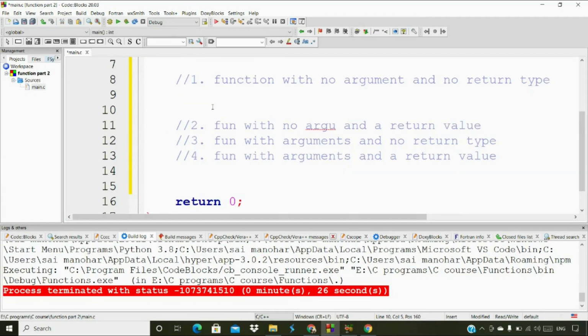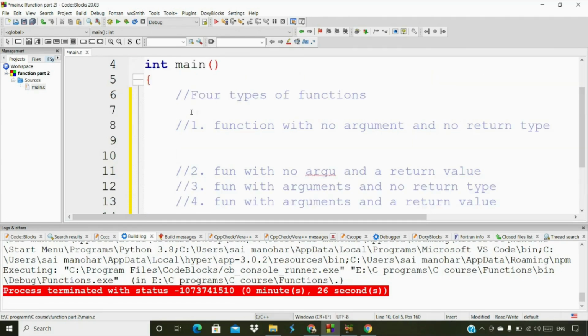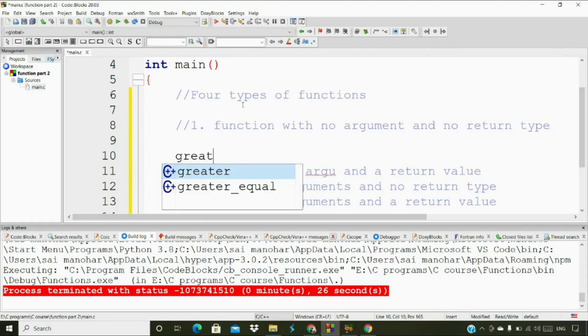Inside the main function we're going to work on a function with no arguments and no return type. Let's have an example. What exactly does this particular function mean and do? We're going to discuss it right now. Inside the main function, I'm going to type just